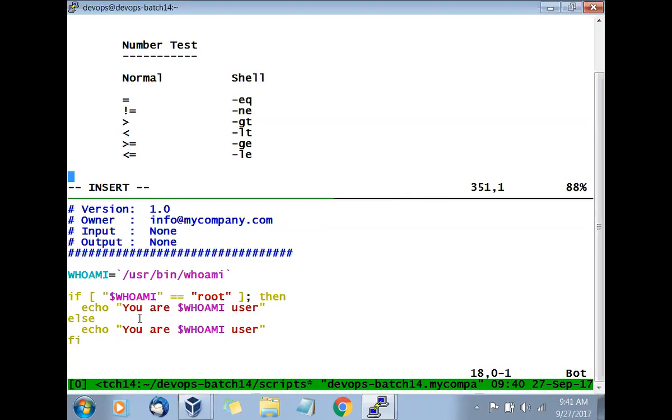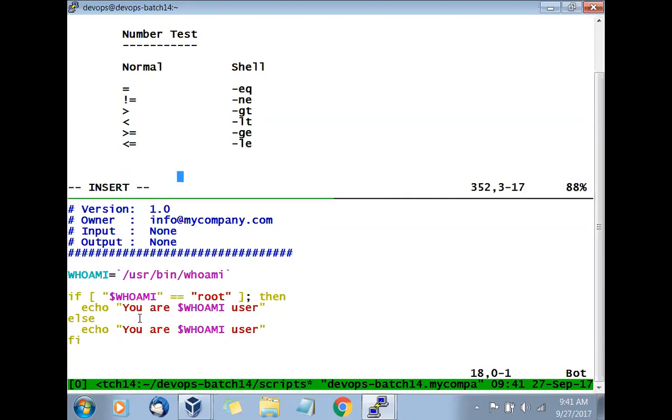Right, so we'll get a better understanding. In the normal way you do it one way, but with the shell we have to do it differently. Okay, so let's take an example. Let's say we want to generate a student result, and we'll give some percentage.